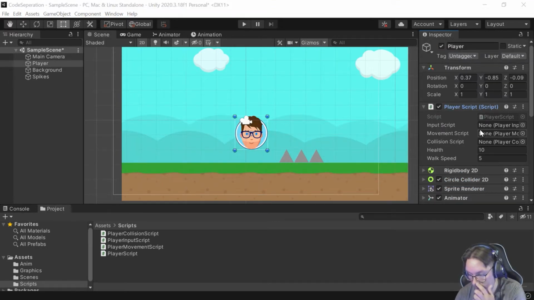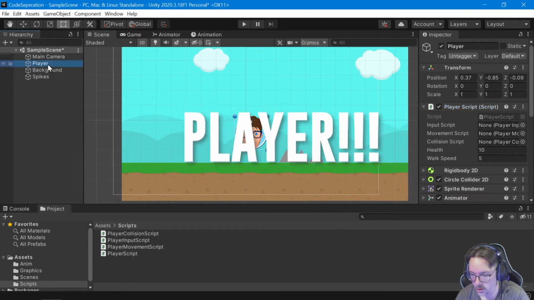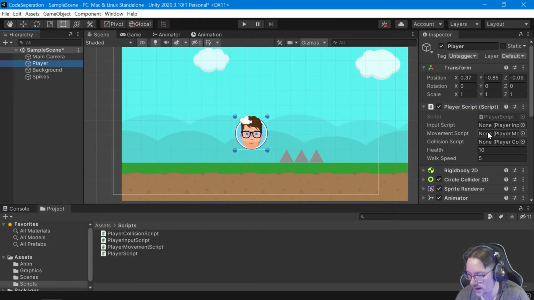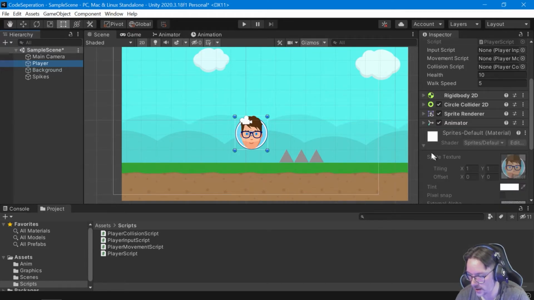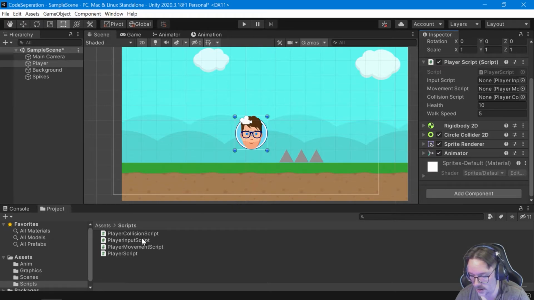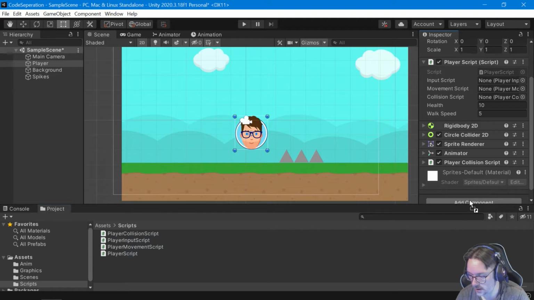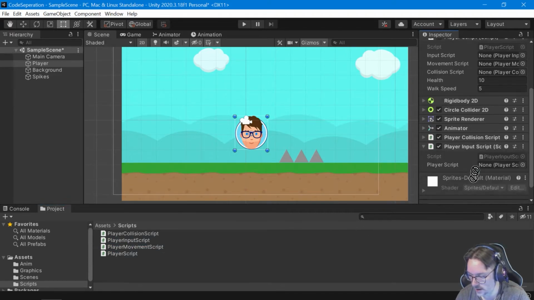Okay, so now we've added the new player script to the player controller. And we've got our serialized inputs in here. Let's just add our other components in, the collision, the input, and